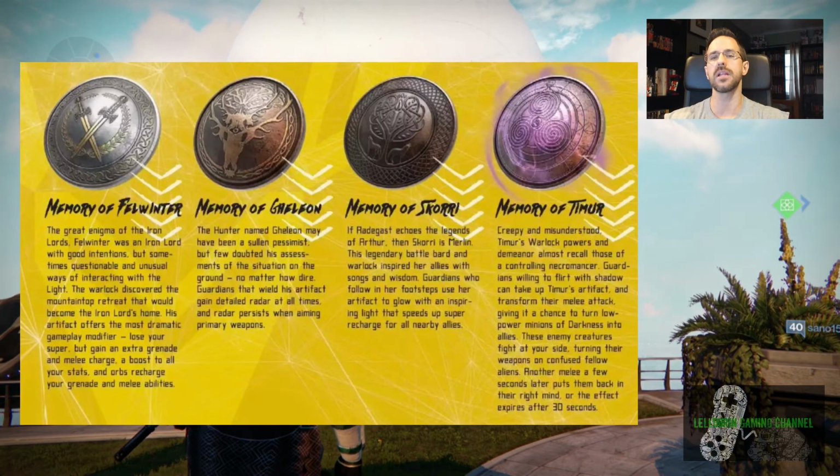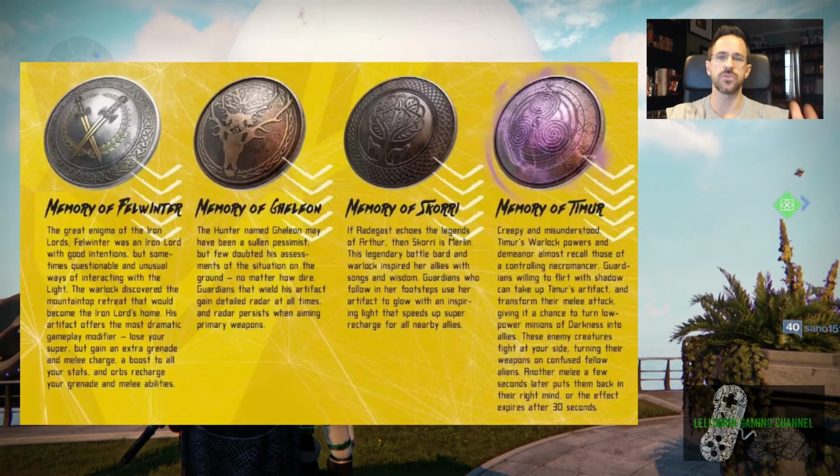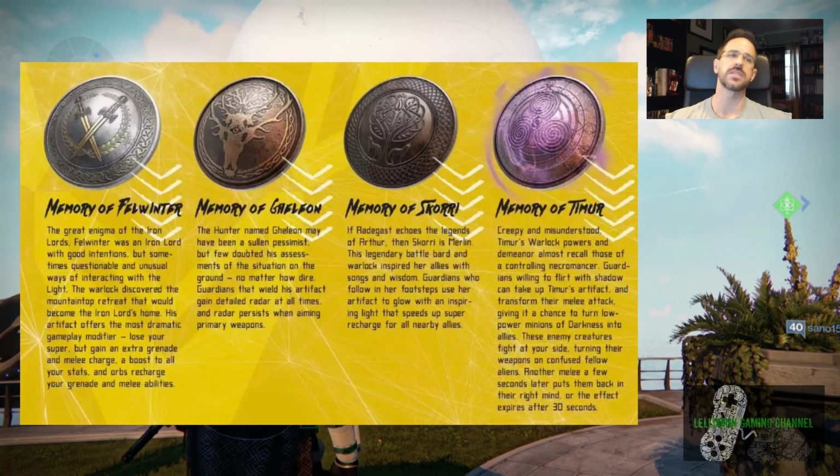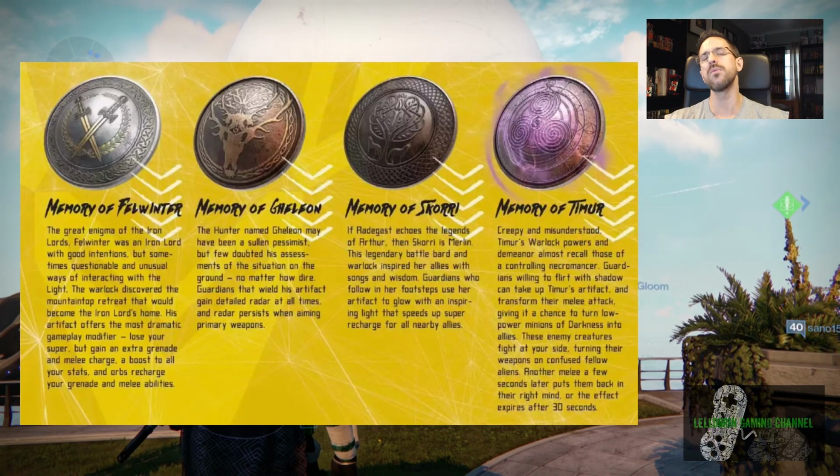I feel like this will be more like an accessory, something you just put on when you're running around having a good time and you want to show your friends stuff or just confuse people, or just doing some quests. I think the Memory of Timur would be really fun. It wouldn't be one of the first ones I went for, but I think it would be a lot of